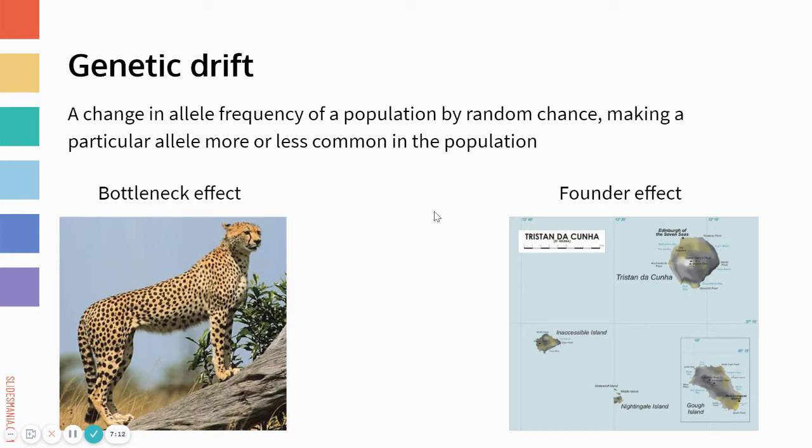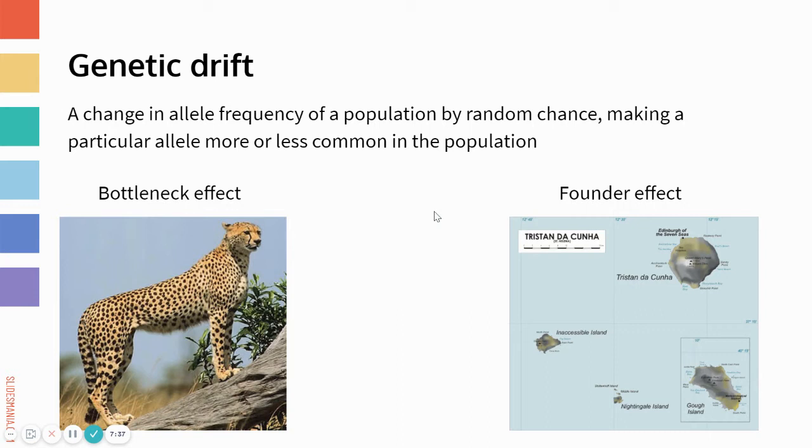There was a British settler or colonizer, maybe. There was a British guy who came over here, and a lot of the population can trace their ancestry back to him. And he was a carrier for this really severe disease